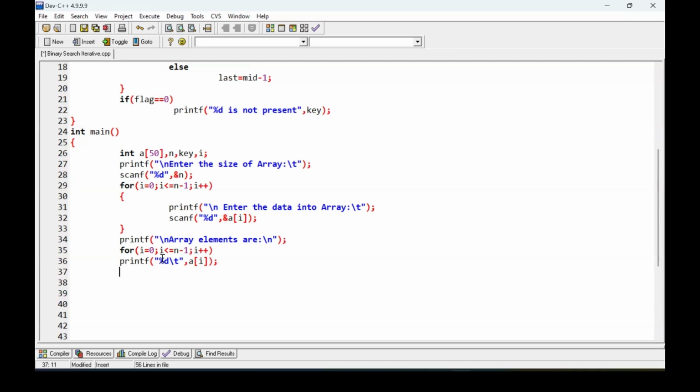We are using bubble sort, and how bubble sort performs its sorting operation, I have already made a separate video. I put the link in the description section. You can refer to that one. So now we have to go for